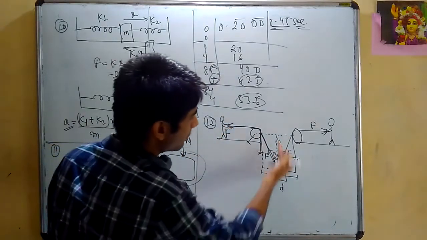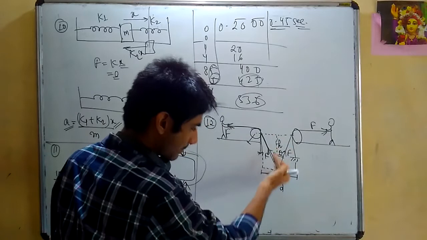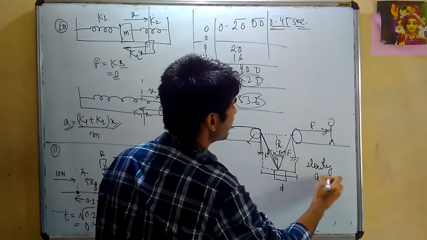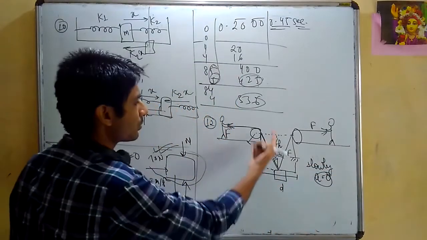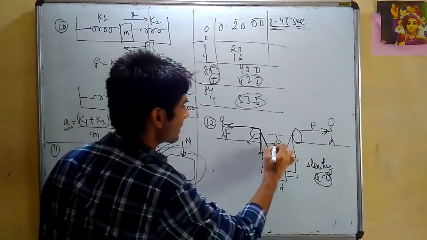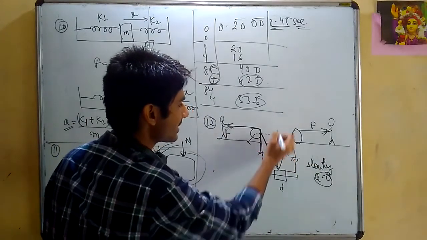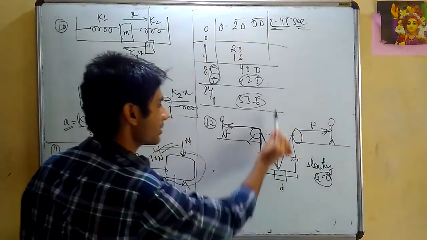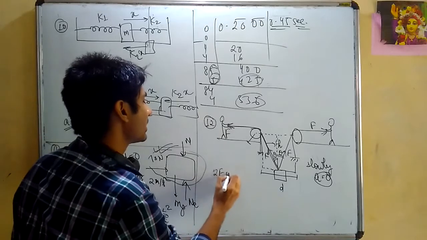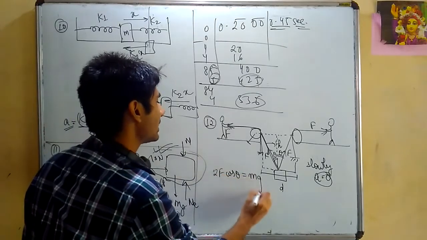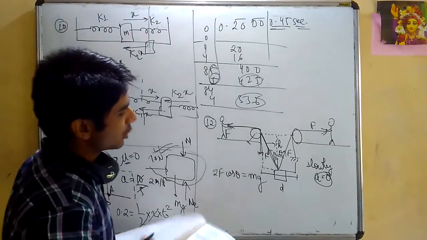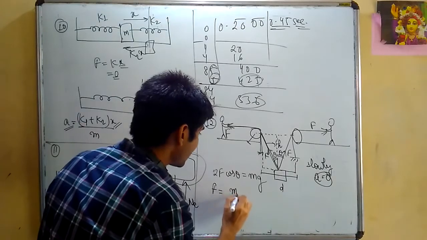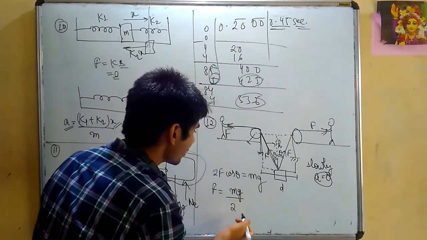Now, for the person to slowly move up, upward forces must be equal to the downward forces. Slowly, what does this mean? Slowly basically means acceleration will be 0. Correct? So therefore, upward force is what? F cos theta. This F has a component of F cos theta in this way, and this F will have a component of F cos theta in this direction. So F cos theta and F cos theta will add up. That is 2F cos theta, and this should be equal to the weight of the person, that is mg. So what force should be applied? Force that will be applied is mg by 2 cos theta.